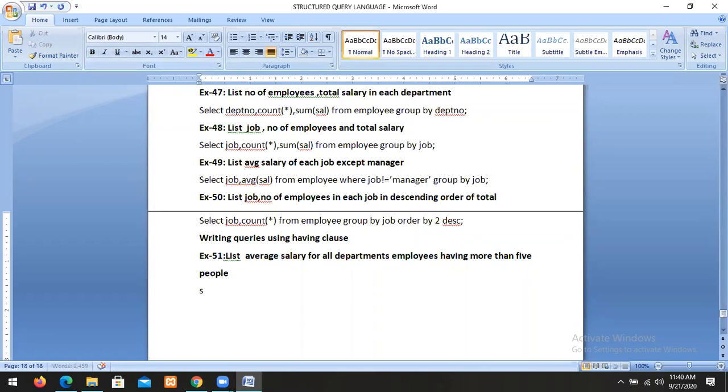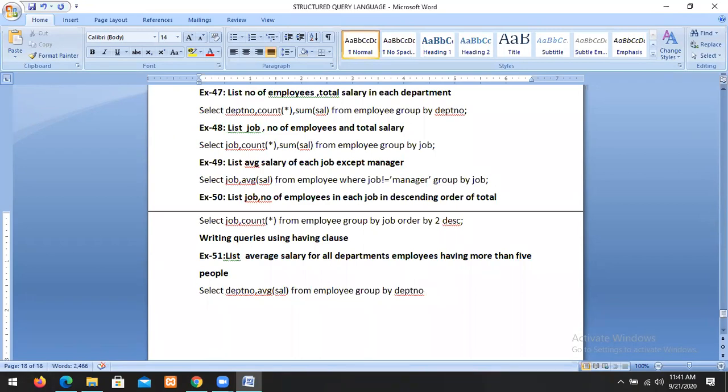So how to write it? What do we require? Select department number, comma, average salary from employee, group by department number. When we write like this, we get each department's average salary.